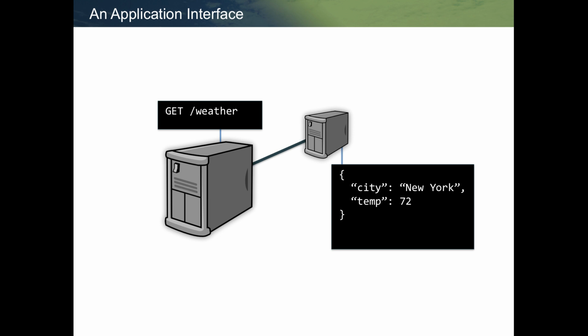The thing that's kind of understood when you're looking at this is that the previous APIs were proprietary protocols and proprietary data formats. But what you're looking at here in the simple API is open protocols and open formats, where you've got HTTP with the get, with the weather, and then the response to the API call is a JSON data type that will give you the city and the temperature. So that's the way the API, the application program interface, has changed currently.